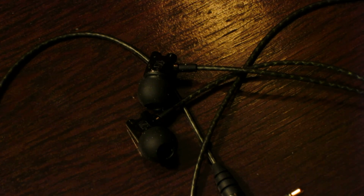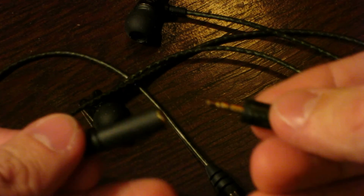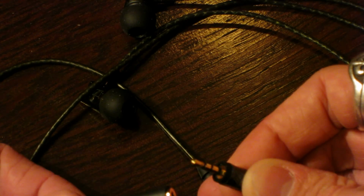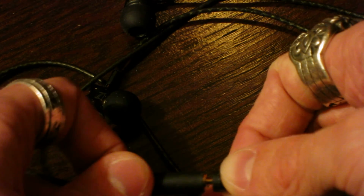The cable is permanently attached to the monitors themselves, which I find very annoying. But I can't complain about the quality of it. It does split in the middle for some reason. I don't know why Sennheiser decided to do this. I believe the official statement was that they never break at the actual headphones. They always break at the connector at the bottom, and so they felt like replacing the lower half of the cable was more sensible. I think it's utter rubbish, and quite frankly, I think the only reason they did this was basically so they had,